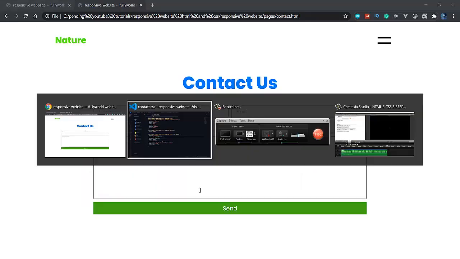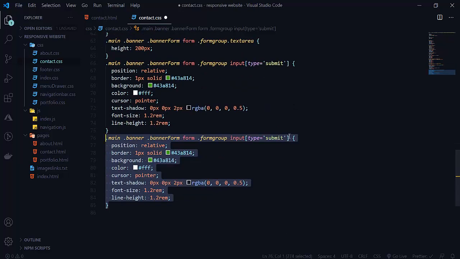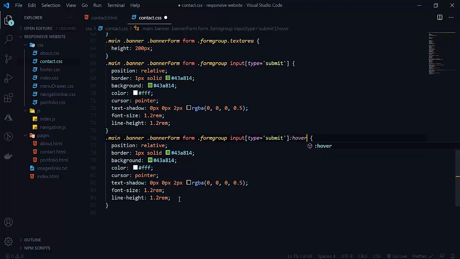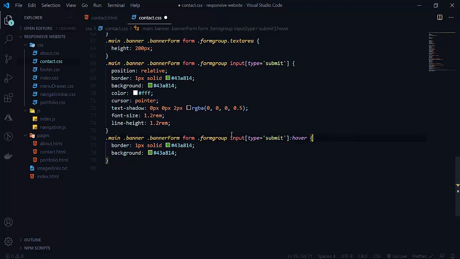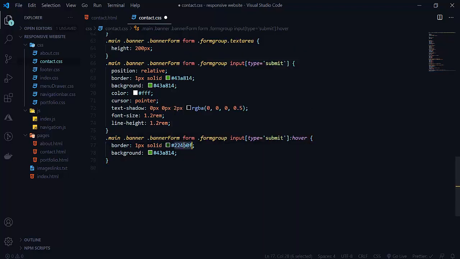So let's apply the hover effect here also. So I'm copying this. Here will be our hover effect. So we don't want this, we don't want this, just change it to a little darker here. So I'm copying this and pasting it here.